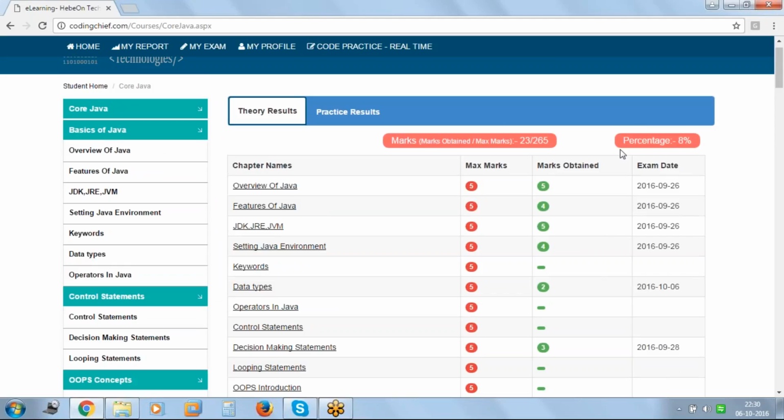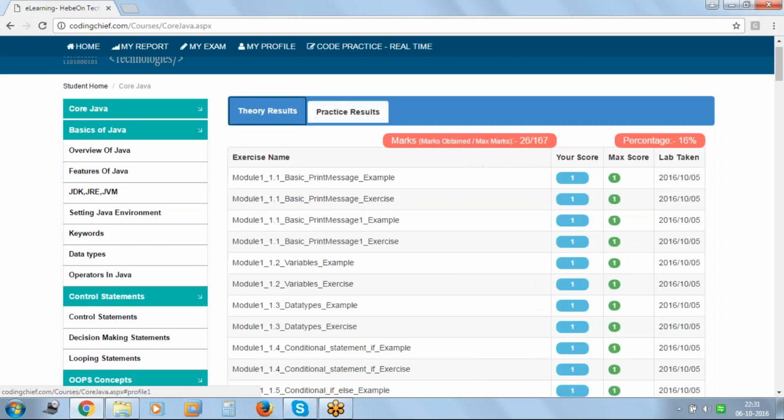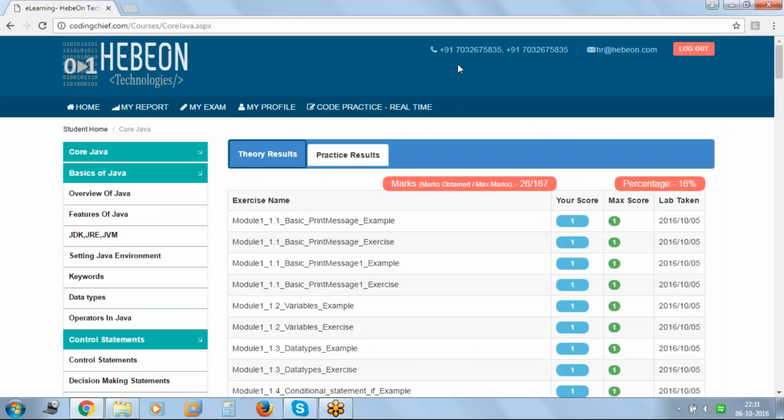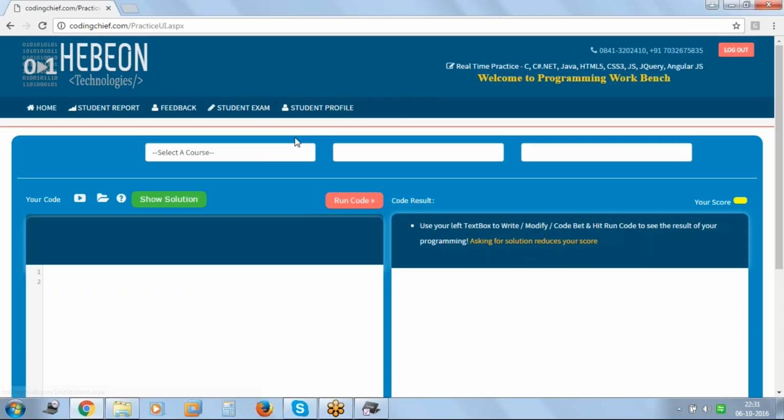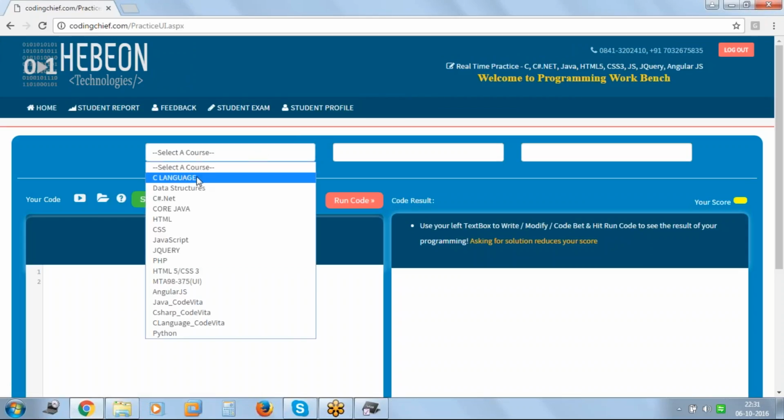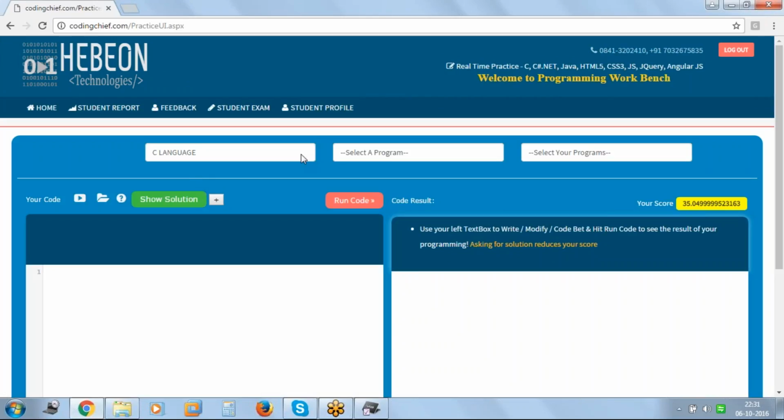So in this area we can see the maximum percentage acquired by the student along with the scored marks for a total marks. This is for the theoretical results, and for the practice results we can also see the scores. For example, the student can practice the problems using this code practice in real time. When he clicks on this button, the student will be able to select any of the courses available in which